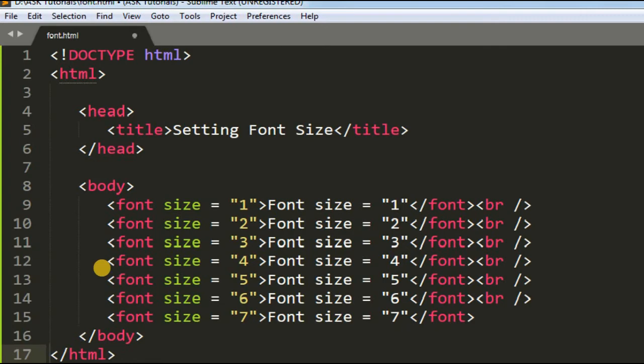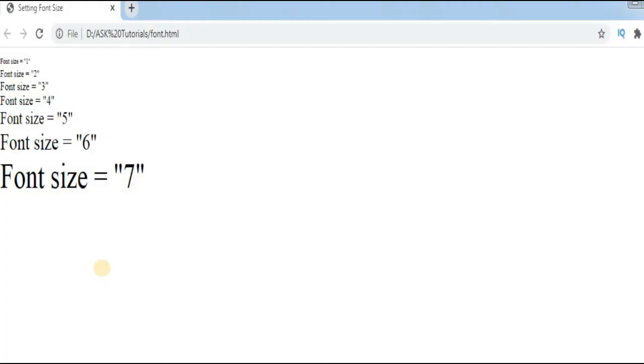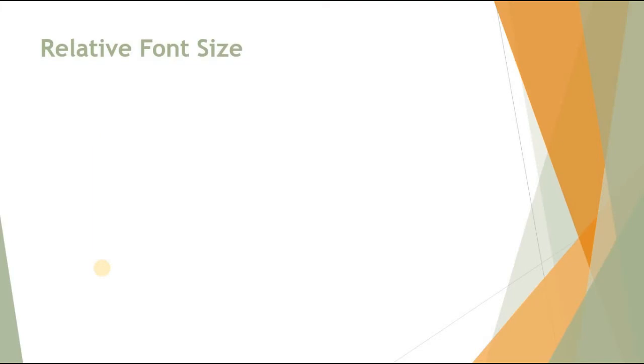Like this we displayed all the font sizes from 1 to 7. When we execute this page we get an output like this. Font size 7 is the biggest text, whereas font size 1 is the smallest text in a page.